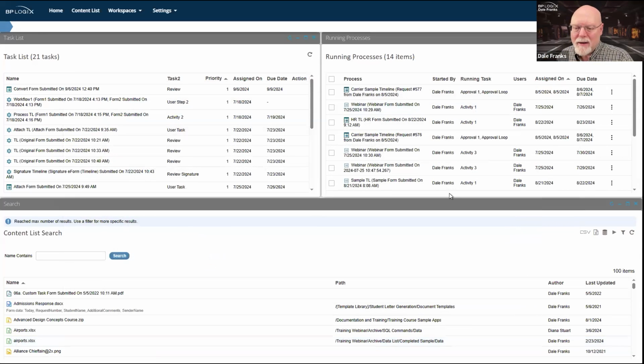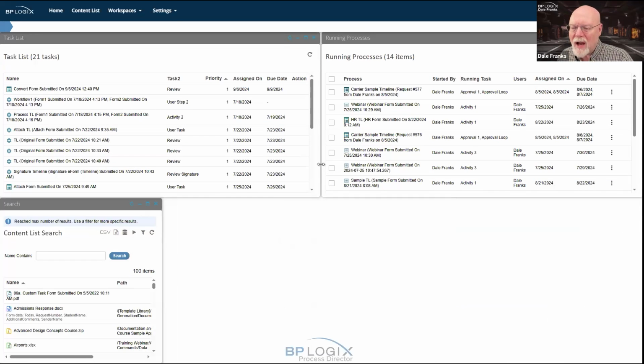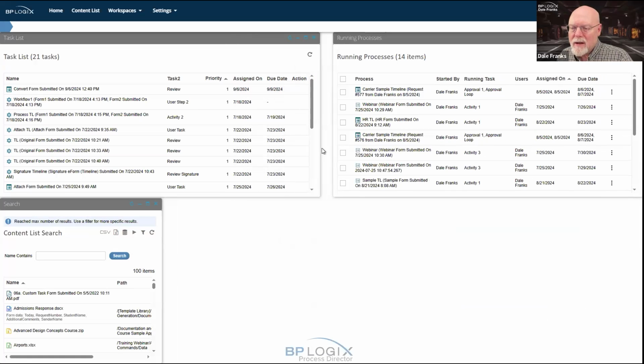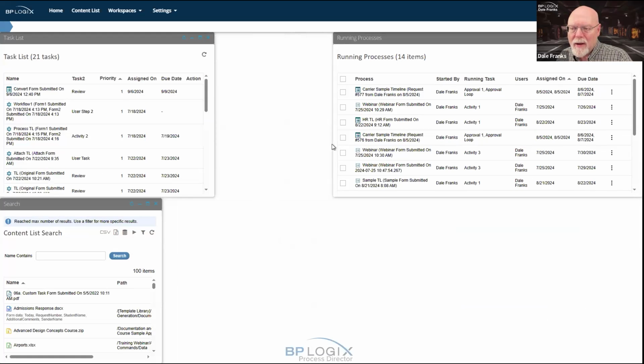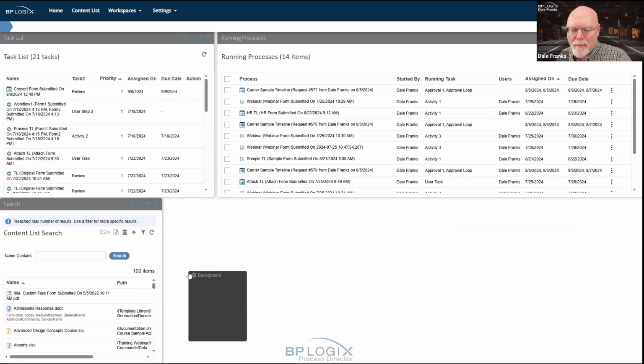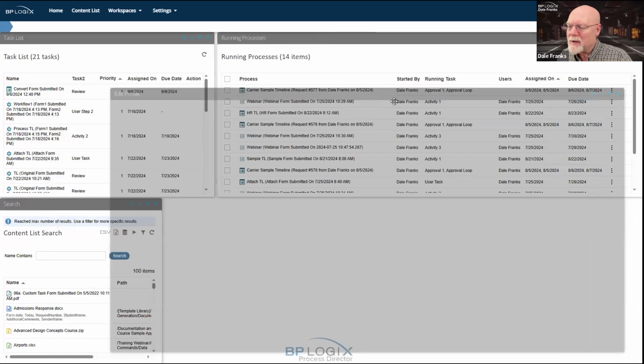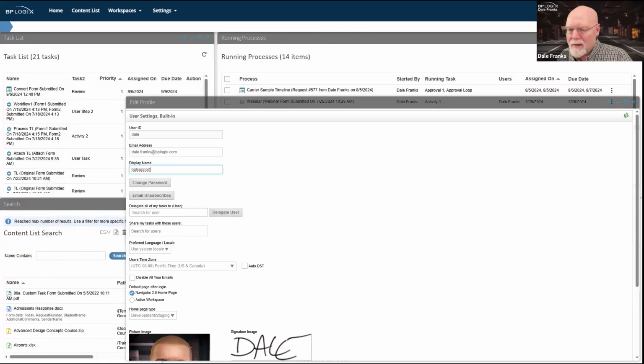That's not what I wanted to do, but I can change the size of things so that I have things arranged in a different way. And this workspace is going to, let's open up my edit profile screen. Let's just drop that down here so that I have a little different workspace.